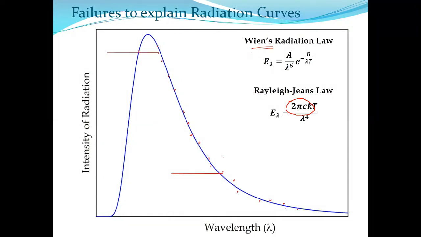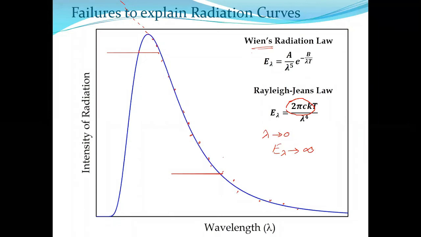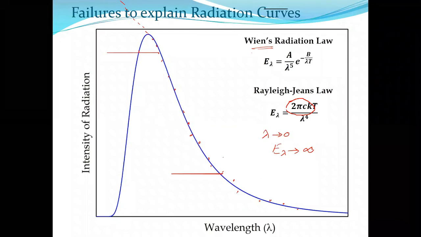But when you go towards the lower wavelength side, it will go like this. Because you observe, if lambda tends to 0 here, what will be E lambda? E lambda tends to infinity, because here E lambda is inversely proportional to lambda to the power 4. So when lambda is reduced, towards the lower wavelength side, E lambda, that is intensity, should go on and on. So the curve should look like this. It will go on increasing.